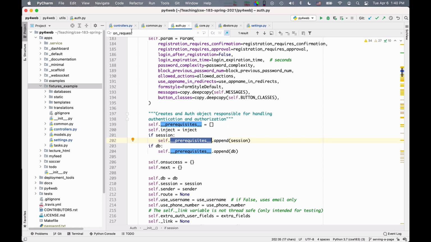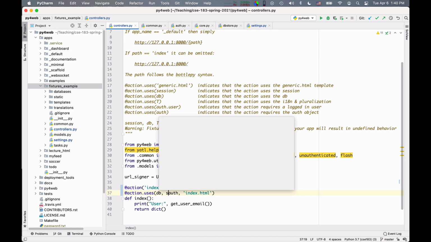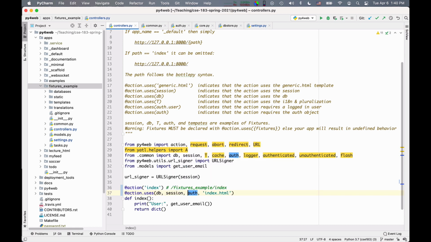And so when I cite these controllers here, I just cite DB and auth, and this essentially implies also session, because auth depends on session. That is why writing session here is optional, but not required. And these three elements all get to act before I can process the page.